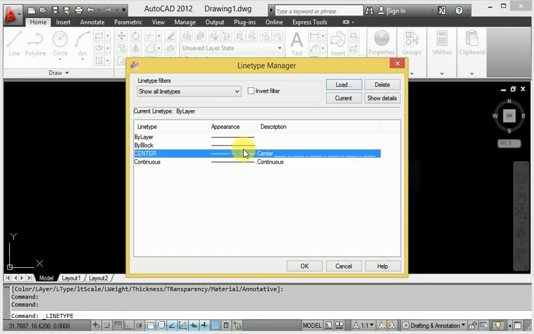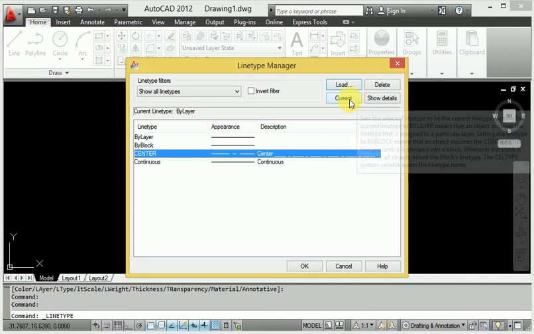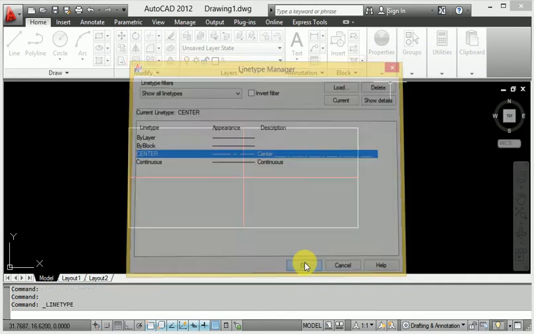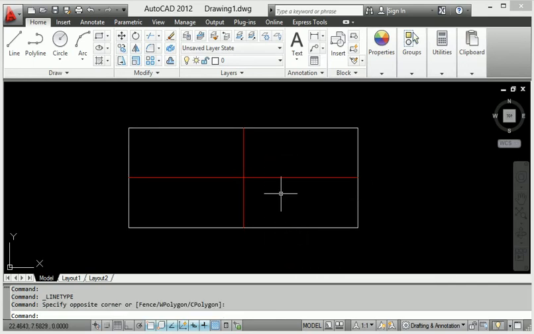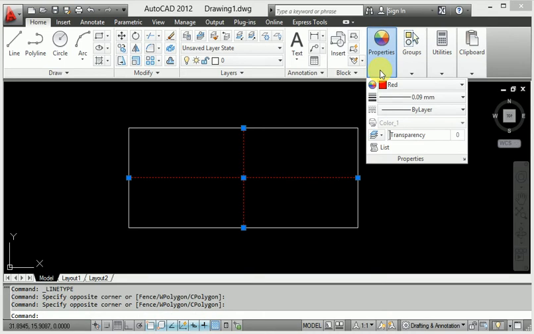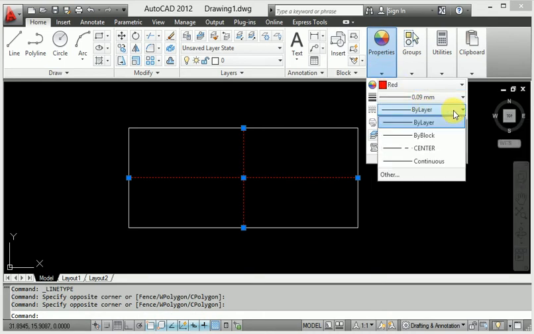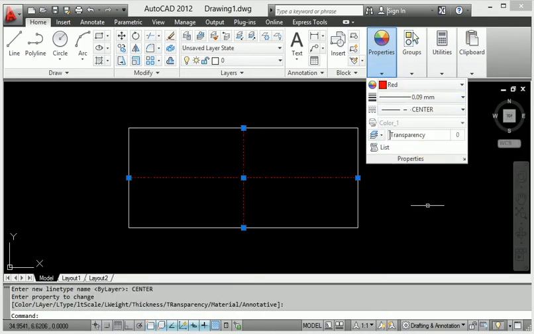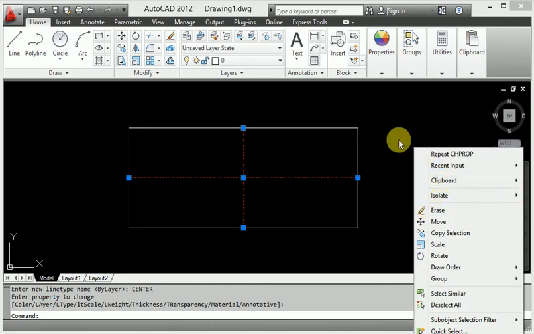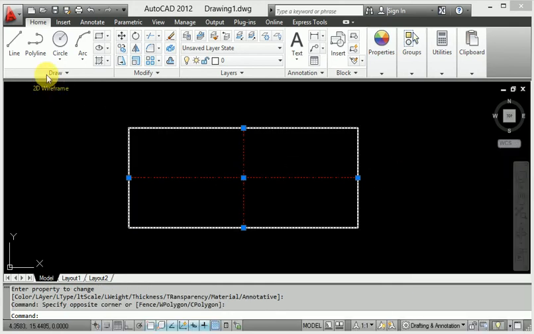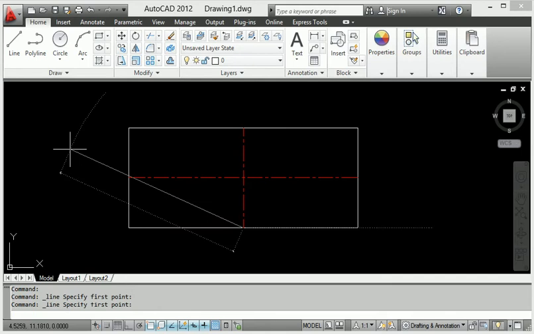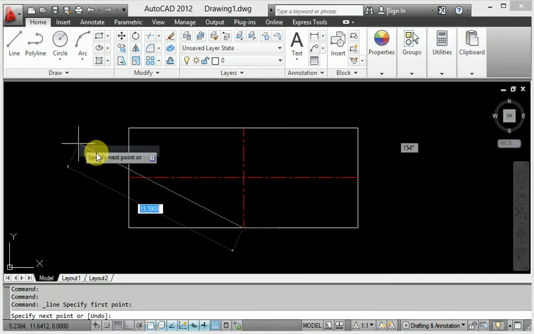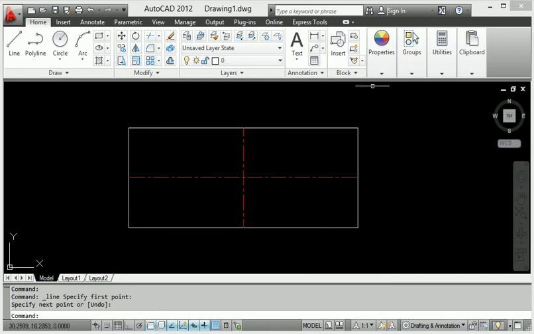If I want to load it, apply current, so look at this, apply the center line in the diagram. So when you select this and go to the line here and apply the center line, okay, look at this type of center line here. And look at this, this is the center line.